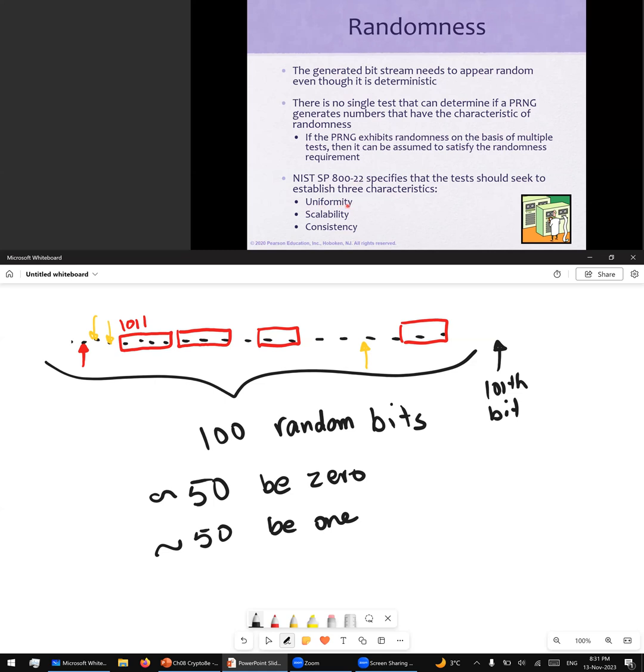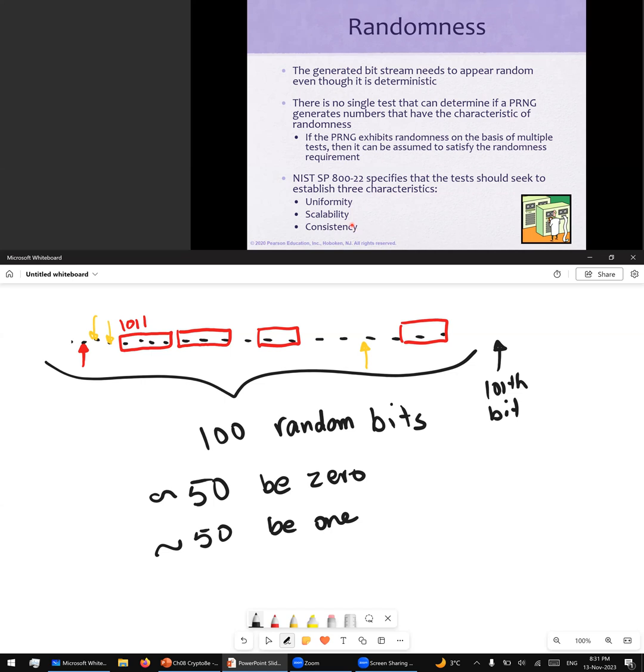For instance, uniformity. In other words, is the distribution of zeros and ones 50% or close to 50% for all of them? Scalability and consistency, which we'll go to a little bit further on. So, like we said, there's not just one test that you can run, but there are a series of tests that establish three characteristics: uniformity, scalability, and consistency,